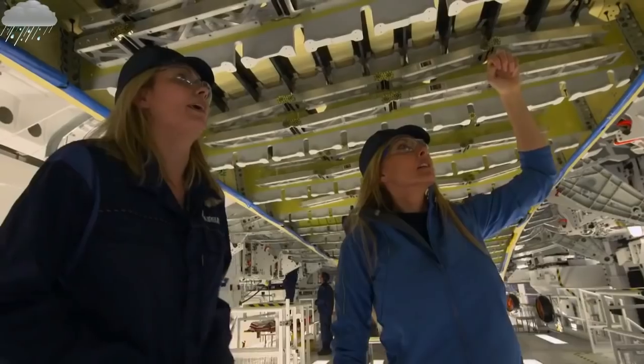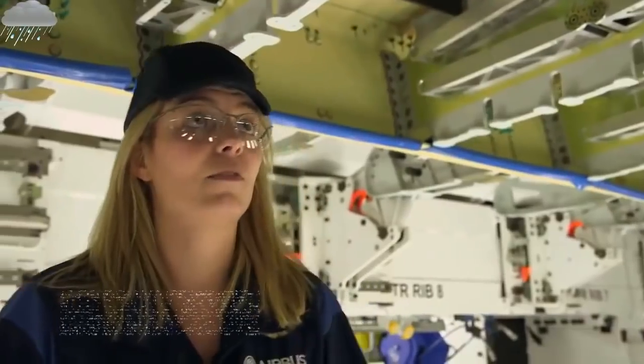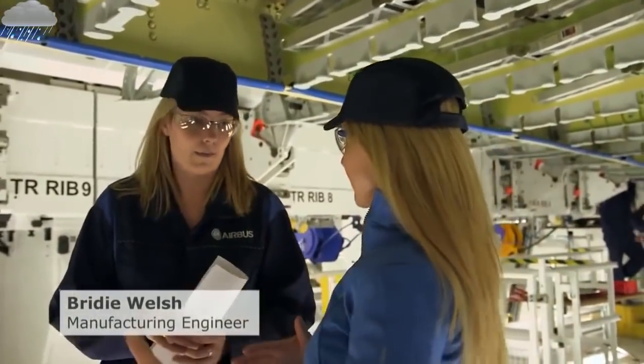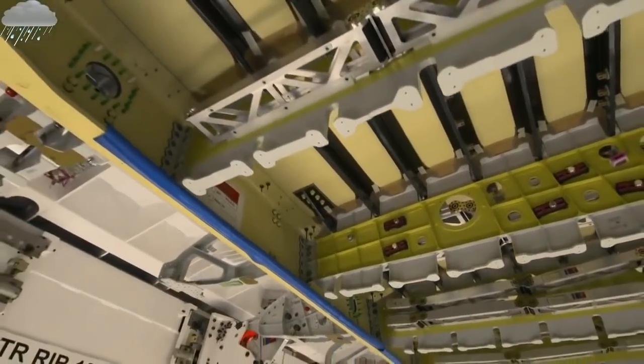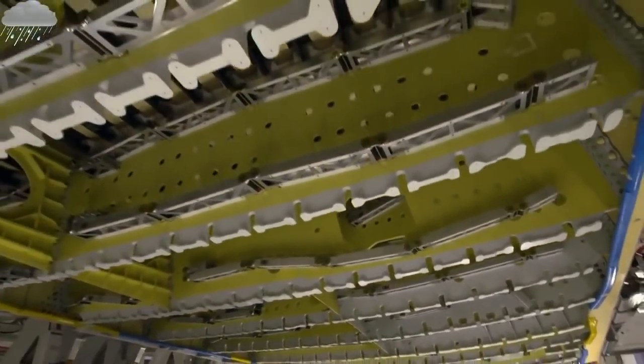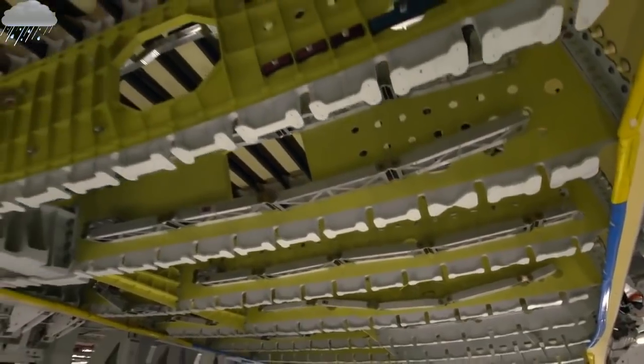Underneath, what you've got here is your spar, made of carbon fibre. And this goes the whole length of the wing? Whole length of the wing, to provide stability. And then we've got our ribs in between. Yep. What's interesting about these is they're made from aluminium instead of carbon fibre because the loads, the forces